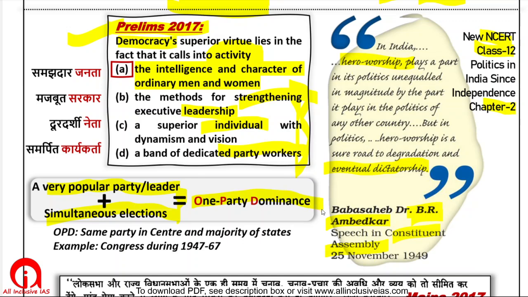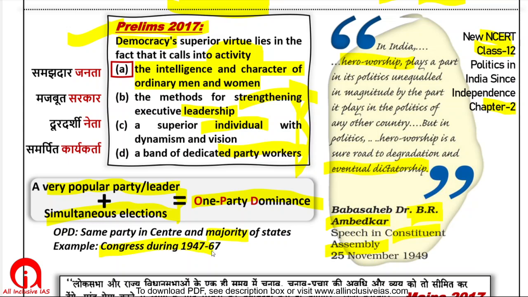It simply means that in the center and the majority of states, not all, but the majority of states, a single party will dominate. Now think for a moment. If a single party is dominating in Lok Sabha and the majority of states, what will happen? Within a few years, that party will also dominate the Rajya Sabha, because Rajya Sabha members are elected by the MLAs, and maximum MLAs are of the same party that is in Lok Sabha as well. Now once you get MPs and MLAs everywhere from your own party, you can do anything to the constitution that you want, and we know how strong the Supreme Court is nowadays, pun intended.